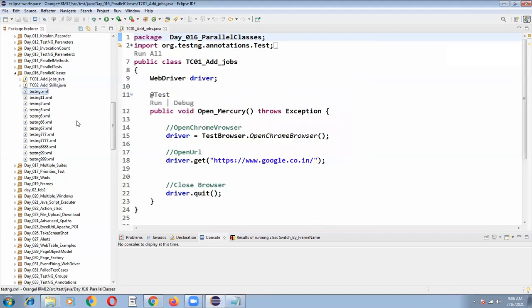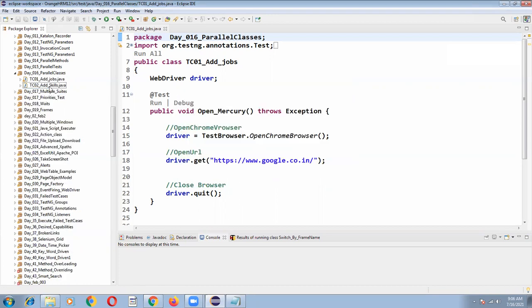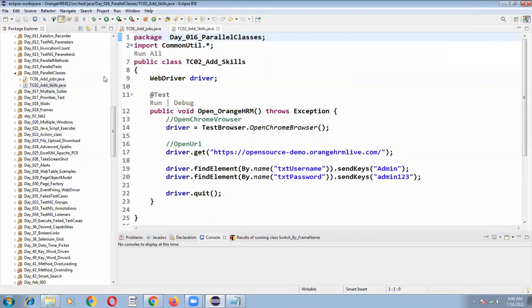Let me delete all my testng.xmls. So one is TC01 add jobs and one is TC01 add skills. I have developed scripts, let us assume like that. And I want to execute both the test cases parallelly.